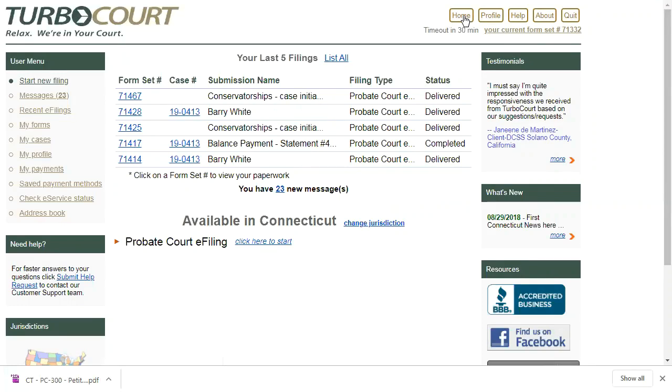Now let's file into an existing case and also use eServe. And I'll just say up front, I'm a bit of a geek. I get really excited about eServe. I think it's really great. All right, so